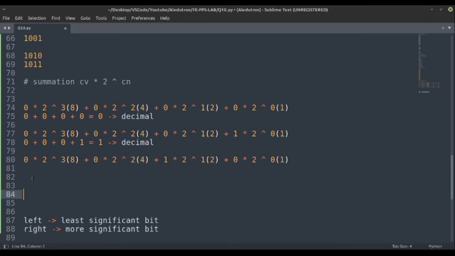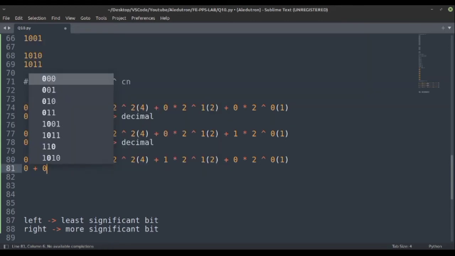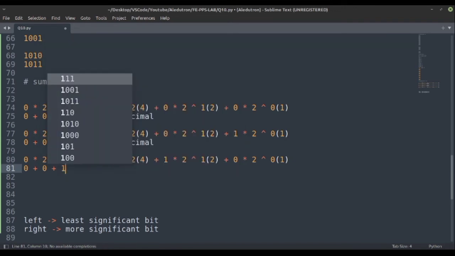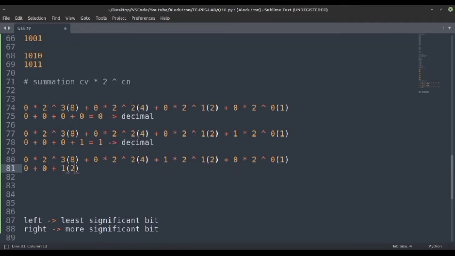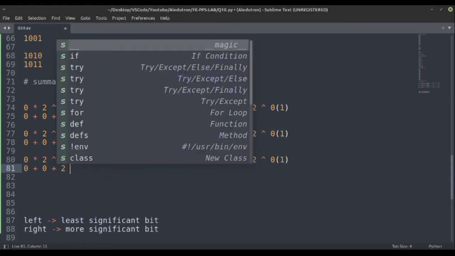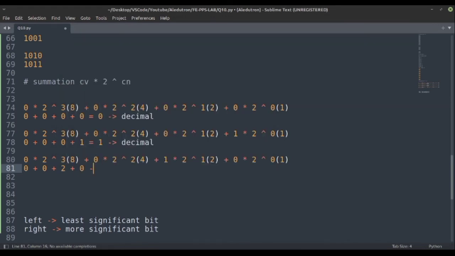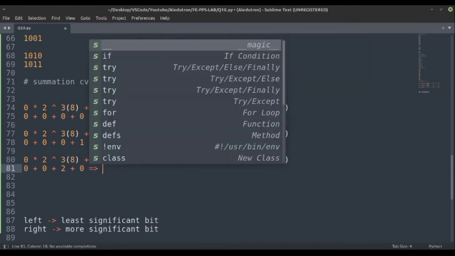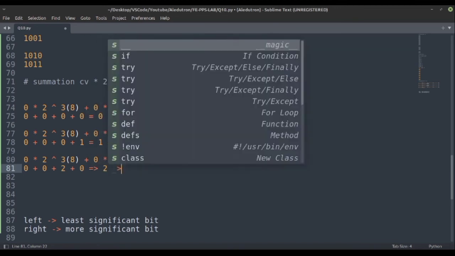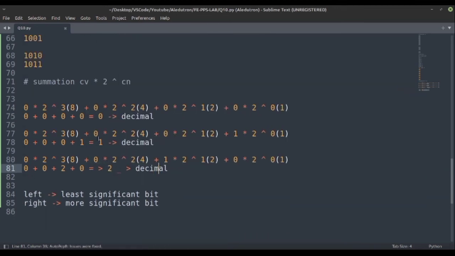First term would be 0, second term also 0, third term is 1 into the value, which is 2. So basically it is 2, and then last value is also 0. So this basically gives us 2, which is correct in decimal. So now you can see first value is 0, then 1, then 2.